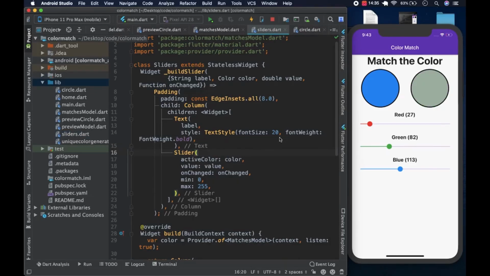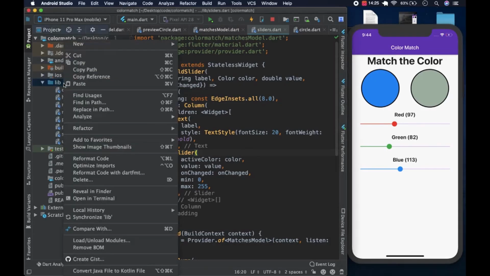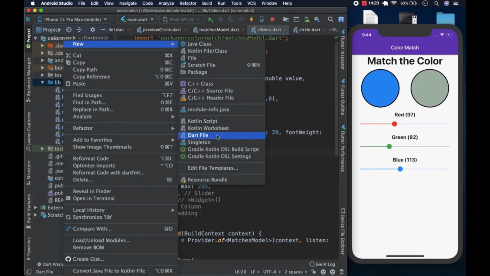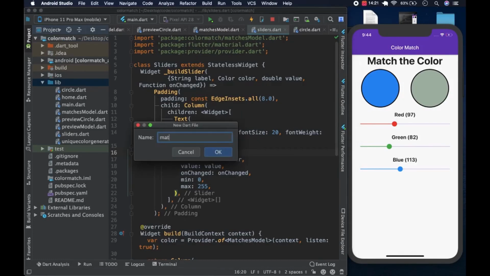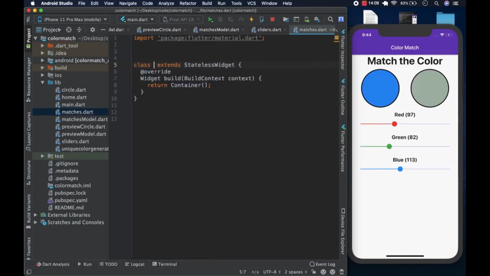Okay, let's make the matches circle. As you can see, this circle here is not connected to the sliders. So we come to the lib folder and we create a new dart file. We call it matches. This is going to be a stateless widget. So first we import the flutter material dart like so, and we come here, we type stless. We call this